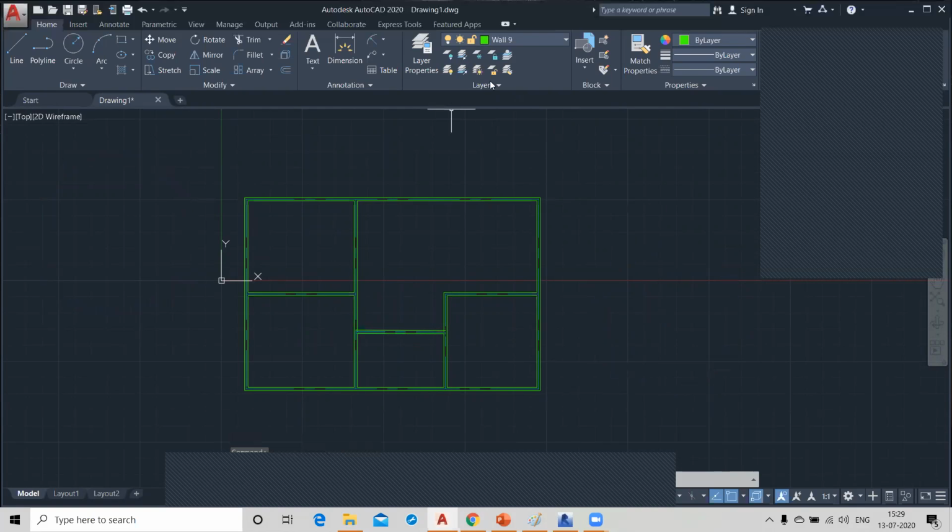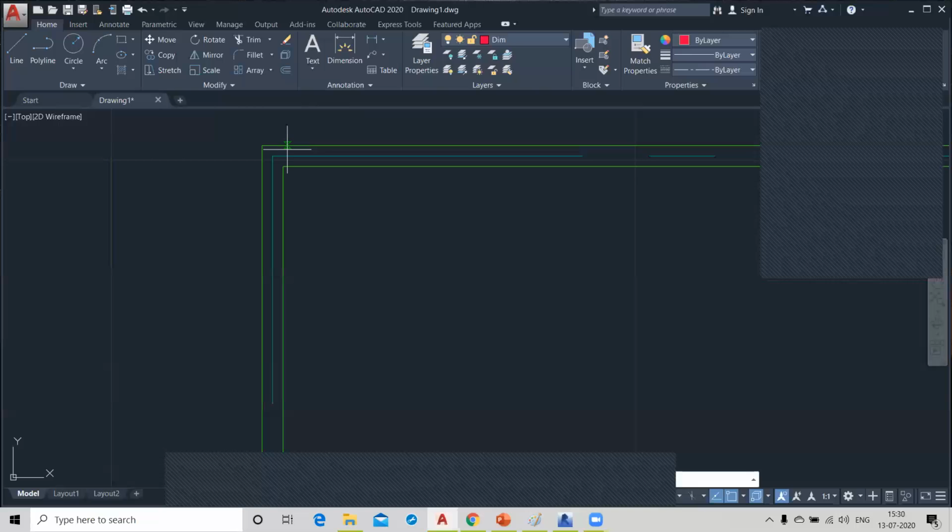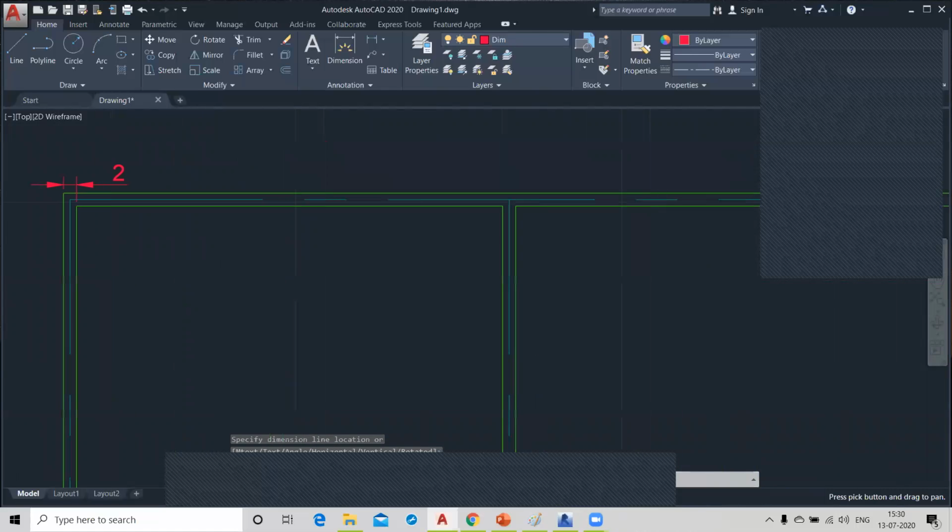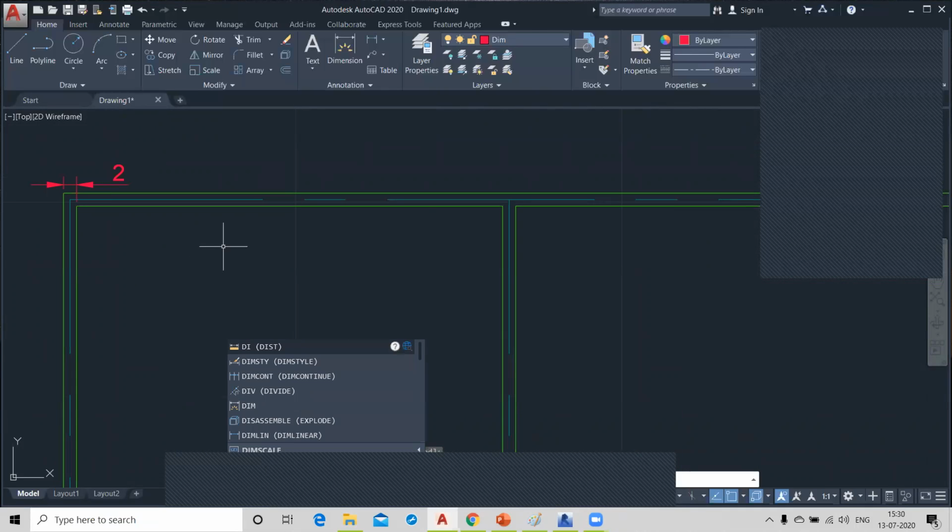Right? Now you want to specify the dimensions, so you can choose your dimension layer, and from here you have to specify all the dimensions like this. Then continue.